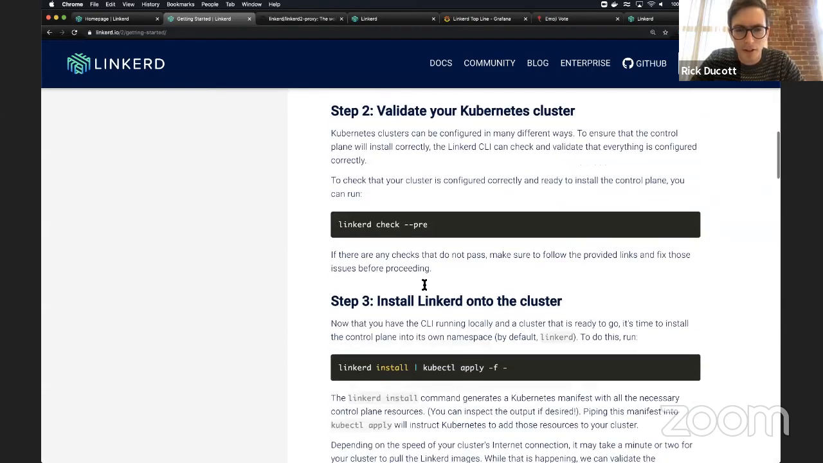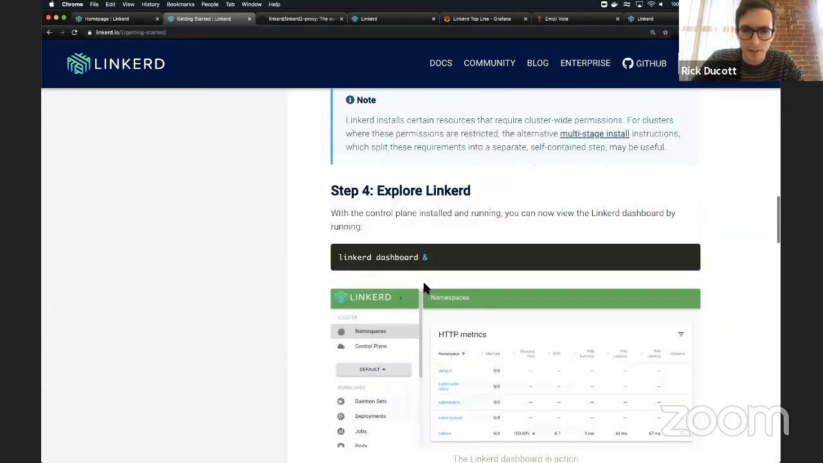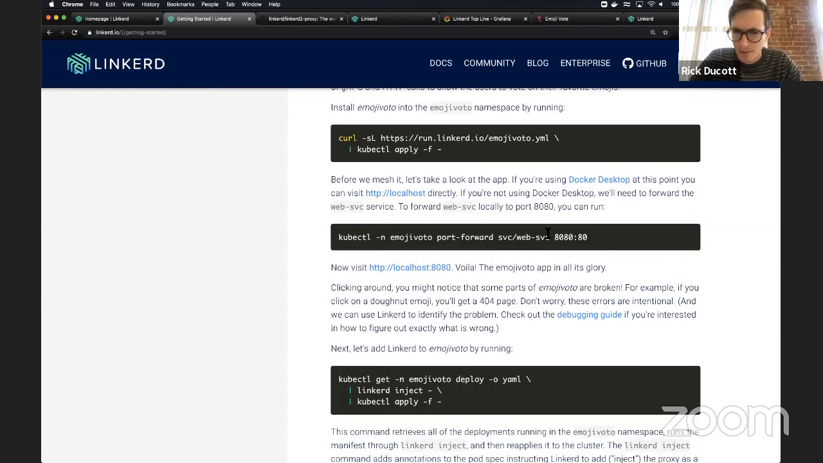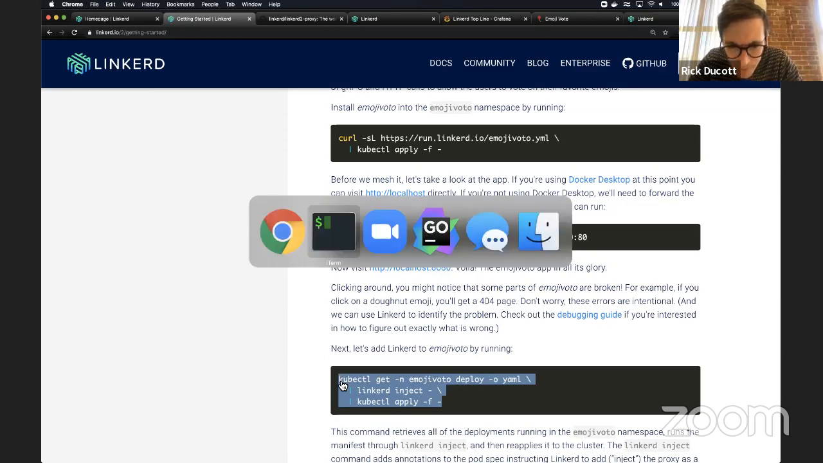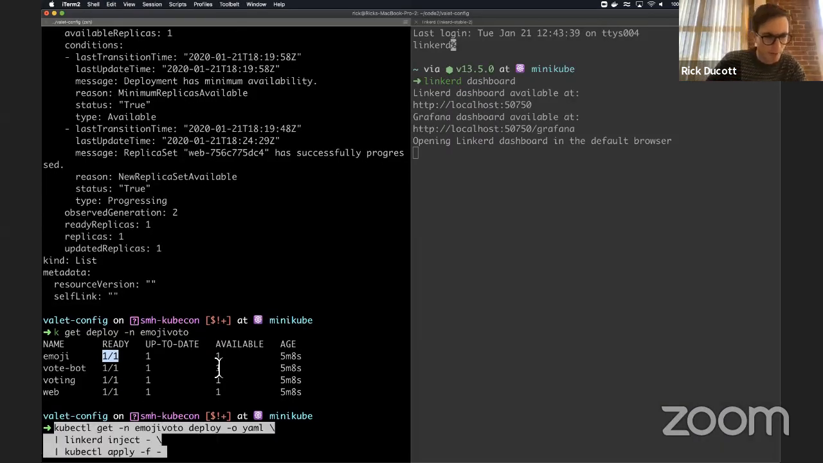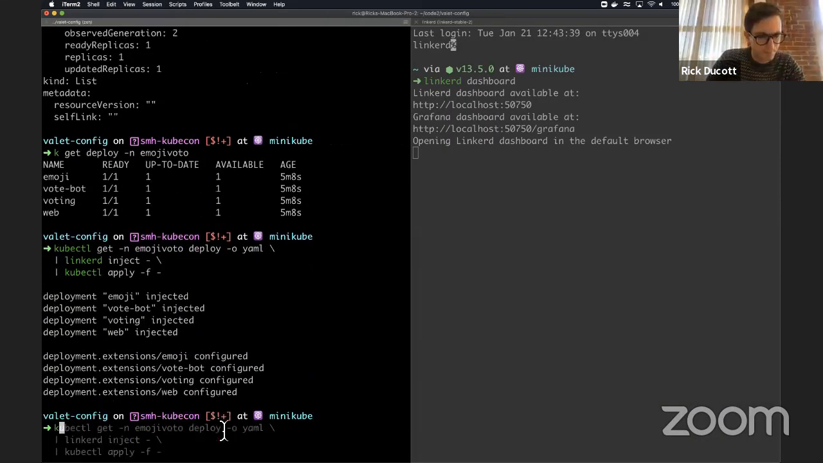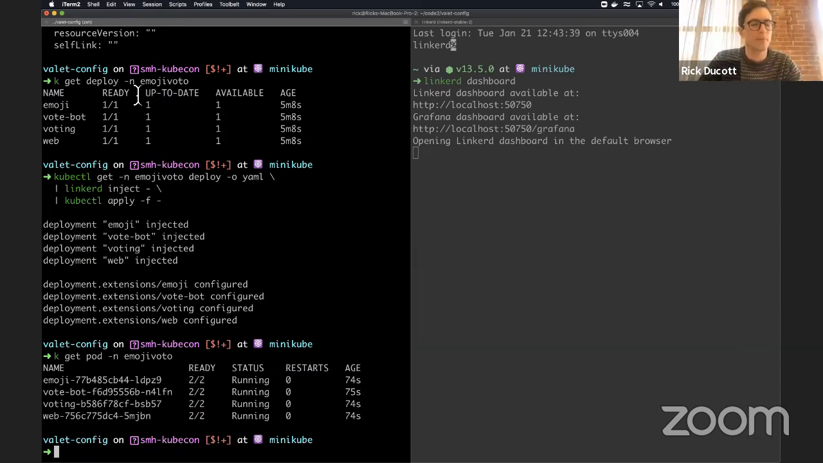So we did the install, we did the pre-check, we installed Linkerd. Let's see what I was doing wrong. Oh, never mind. I was looking at a slightly wrong thing. So now, if I look at the pods, we can see that there are 2 containers in each pod. And if we look at the actual pod spec,